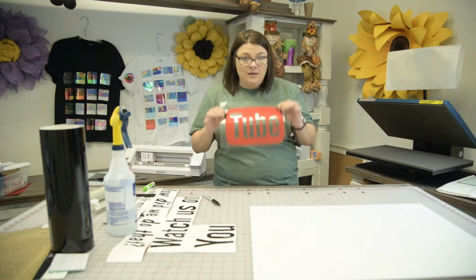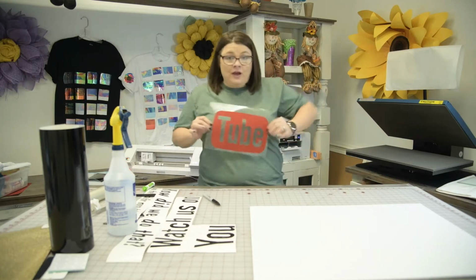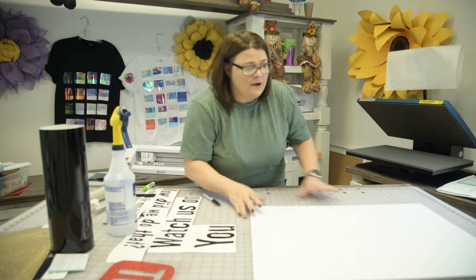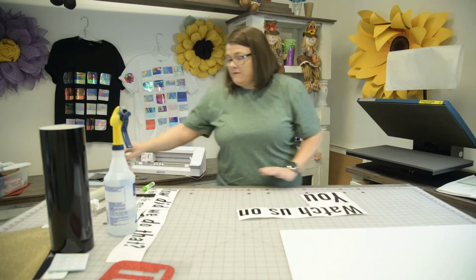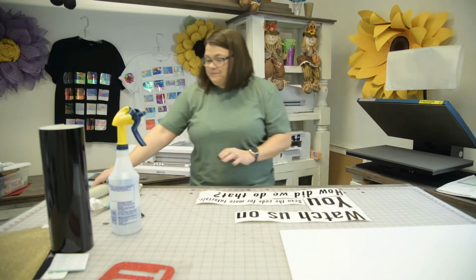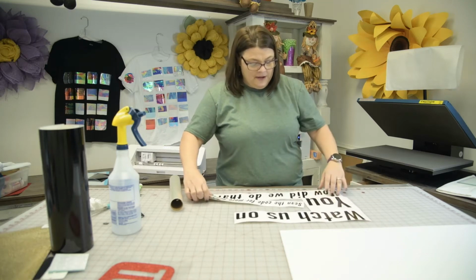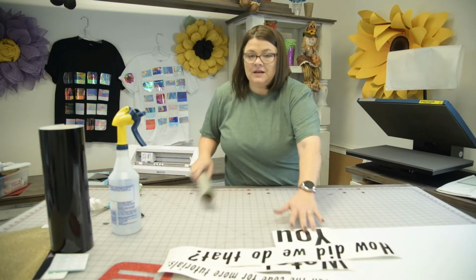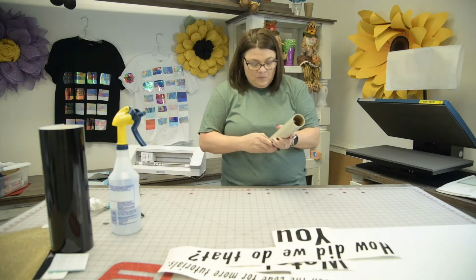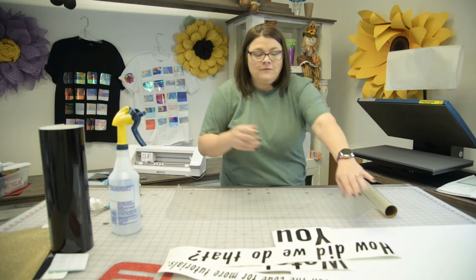I don't have any duct tape. I know a lot of people that use this for tumblers use duct tape. Blue painter's tape works too, but we're going to try and work with this. So that's basically about where I'm going to be with mine. I'm going to lift it up, and an easy way to do it without getting it to bubble, you roll it out. And whenever you lay it down,